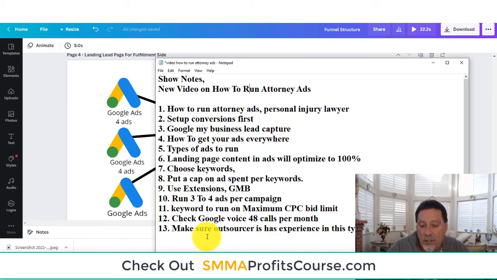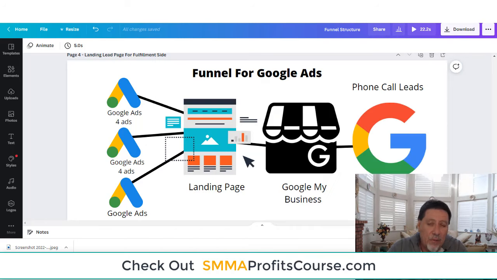It's wrong. If you guys are just starting out, you should do exact match and phrase match only. That's it. Stay away from broad match, and I know most of you who run Google ads know that. So it's either going to be exact match or phrase match. I really like to always start with exact match, pull up a bunch of keywords, stick to that, run those on your search ads, and then